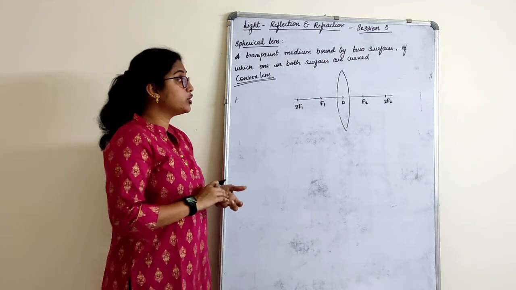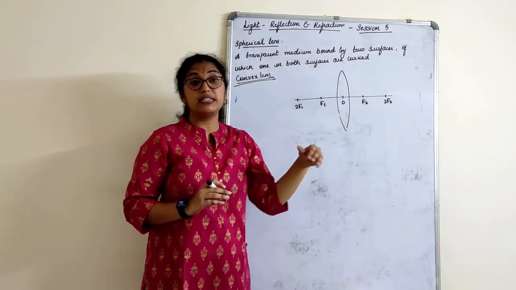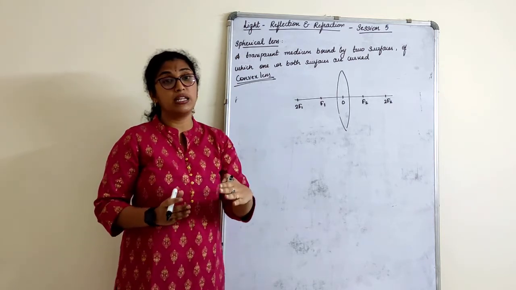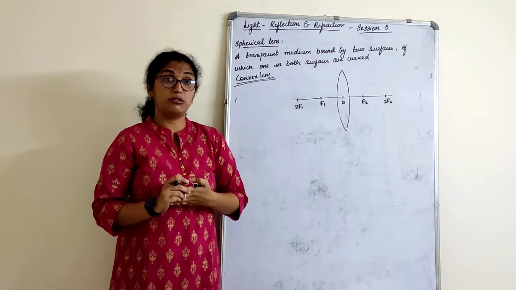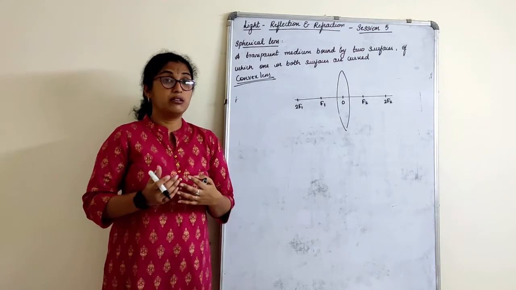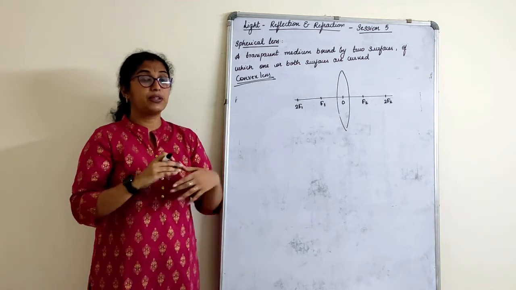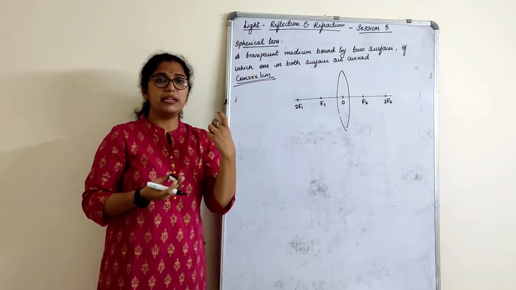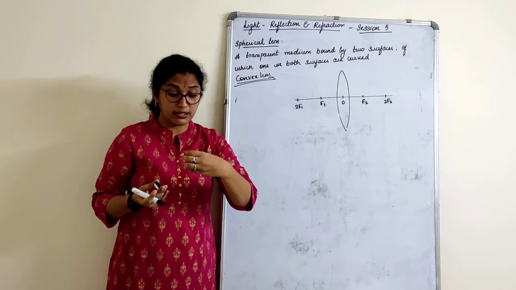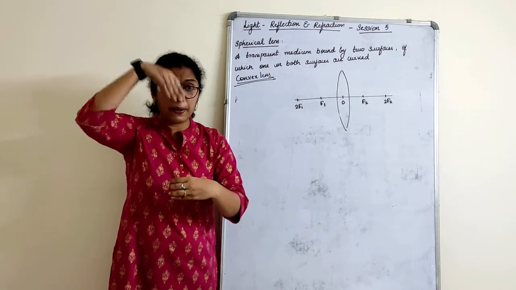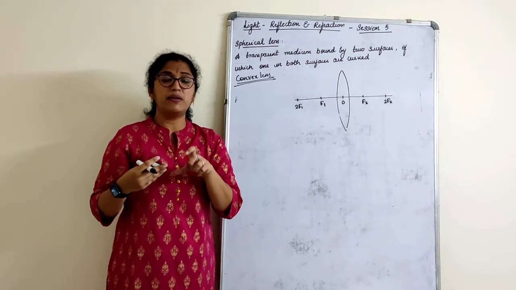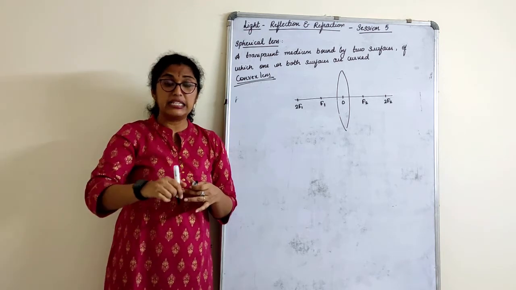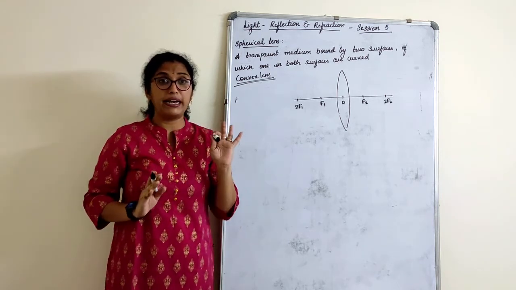Now we know that anything which passes through the lens will refract. That is, it will bend. So is there any ray which, when it passes through the lens, does not refract? You remember the zero refraction I had spoken about. See, anything when you observe it from a particular angle. I have a glass with a lemon in it. If I observe the lemon from this angle, the lemon appears bigger. But if I hold the glass right in front of me and look through this perpendicular angle, I can see exactly the lemon that is placed in it, right? That means there is no refraction taking place at that point. I can see it is exactly the same size, no bending is happening.